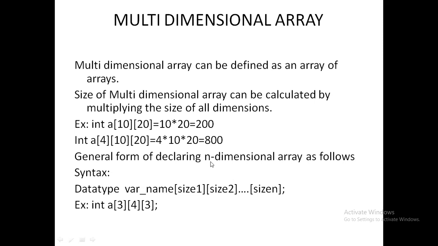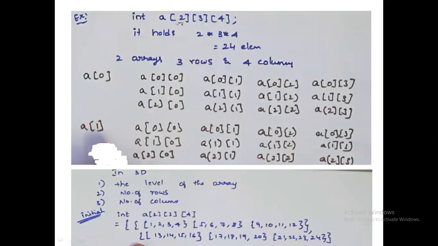For example, 3-dimensional array we have seen. Up to now, 1-dimensional we have seen, 2-dimensional we have seen. Now we are seeing 3-dimensional. How will they be initialized? You can see the example. So for example, a of 2, 3, 4, I have to initialize. How will I do it? First, a of 0. In a of 0, I will be adding all these things. Next, in a of 1, I will be adding these whole things.